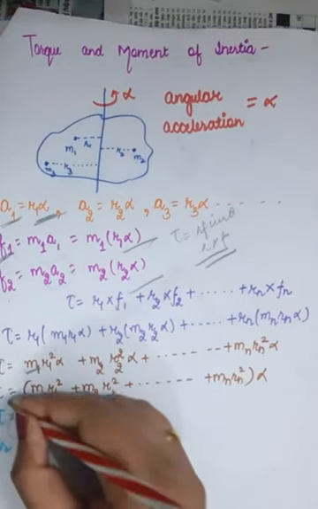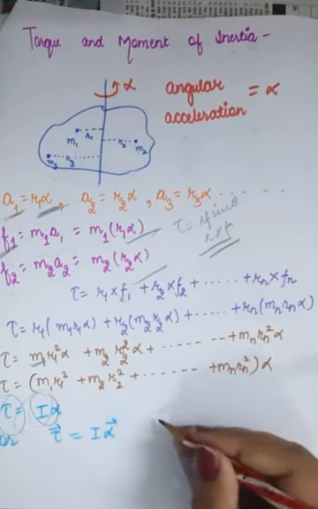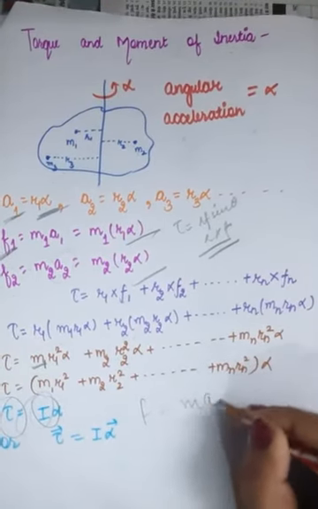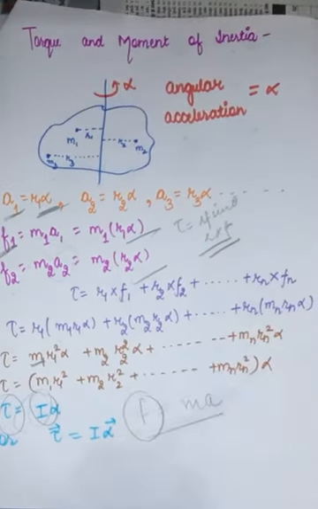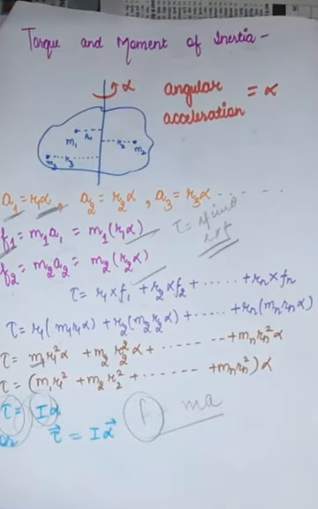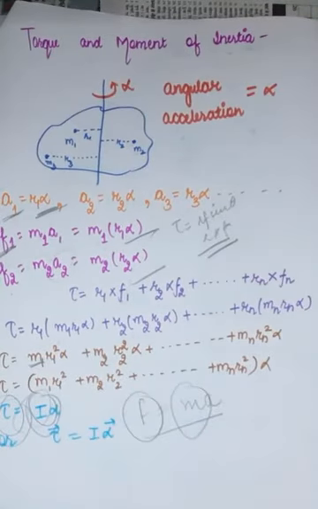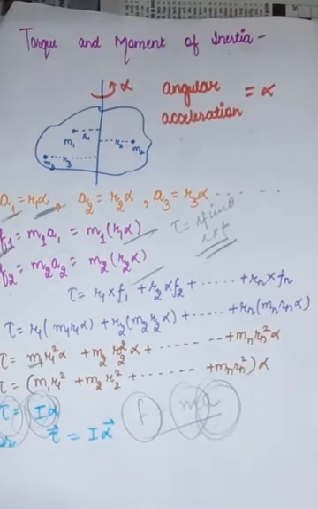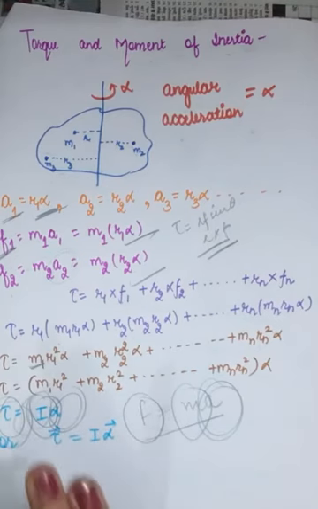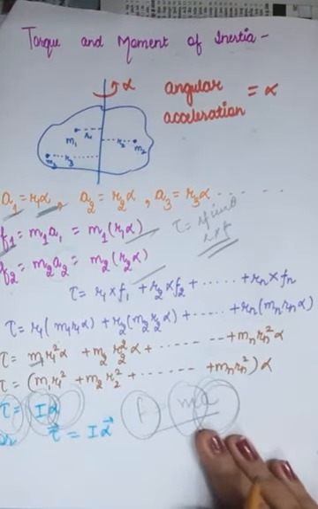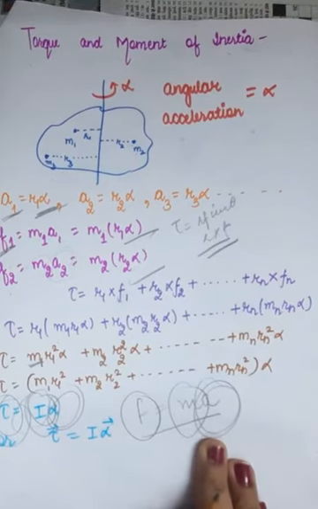It's a relationship between torque and moment of inertia. But don't you think that this relation resembles force is equal to mass into acceleration, which was the relation in linear motion? In place of force, you have torque in rotational motion. In place of mass in linear motion, you have moment of inertia in rotational motion. In place of linear acceleration, you have angular acceleration. So yes, this relation is the rotational analog of that relation, right? So this was the relationship between torque and moment of inertia.